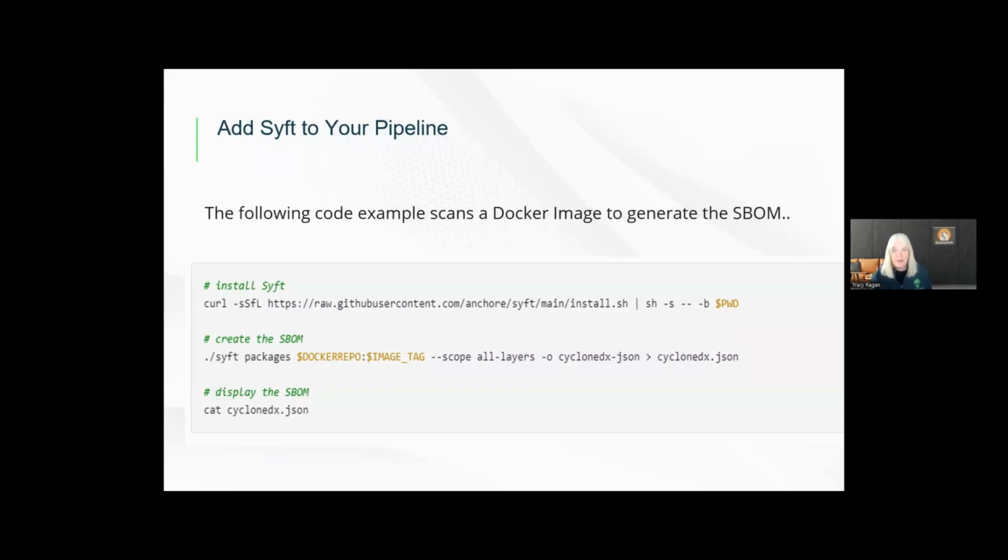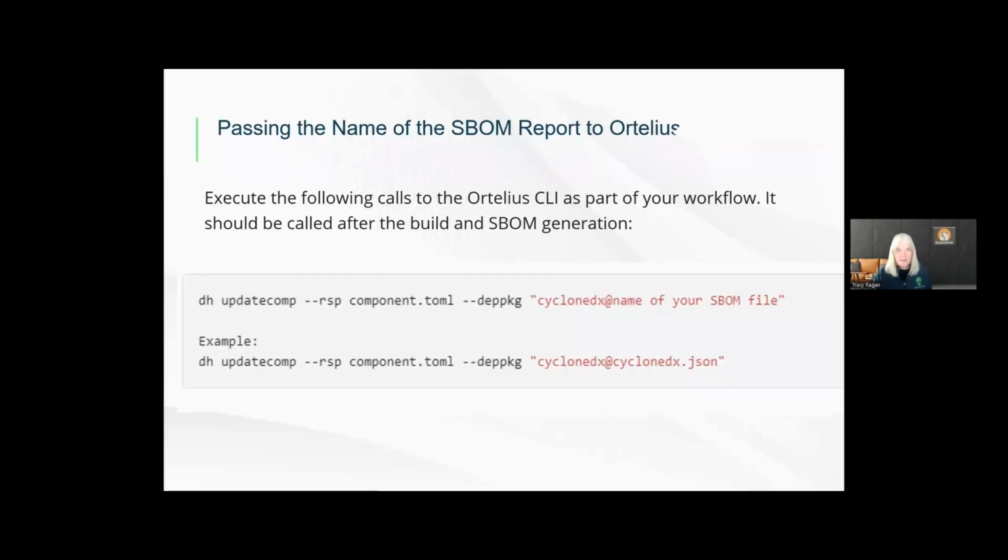First, here's some sample code that shows how we've done it. Initially, we install Syft as part of the process. Then we call Syft to create the SBOM, and then we capture the display of the SBOM. The next thing to do is pass the name of the SBOM over to Ortelius. So you would execute some DH commands, this update comp, which is for component, to bring that SBOM